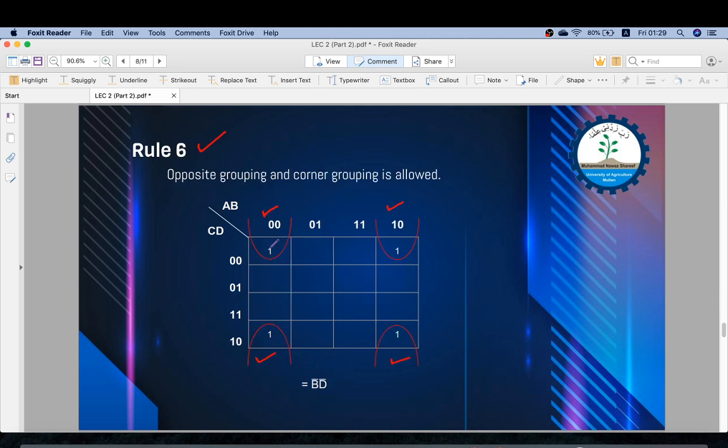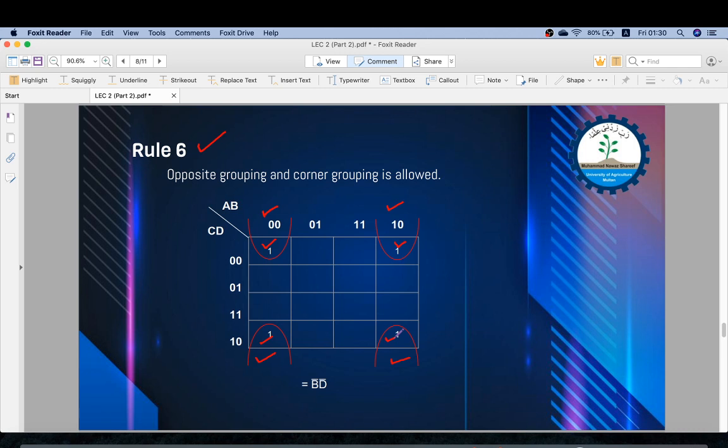So what should we do in this case? Should we take one separate equation for each of these cells? That would make 4 different equations, and as each is a single cell, each equation will have all the variables A, B, C, D. So there would be 4 equations. Should we do that? No. Why?